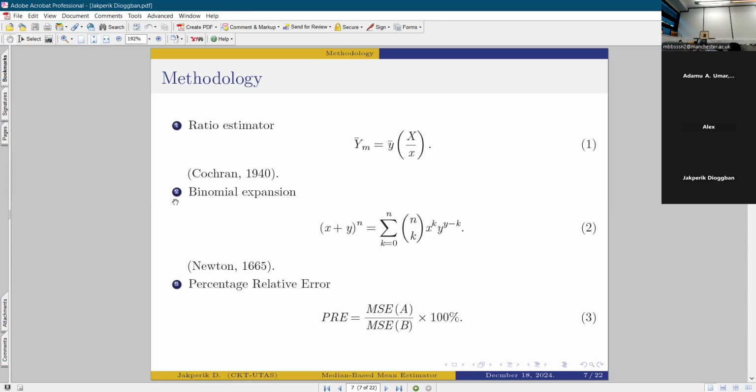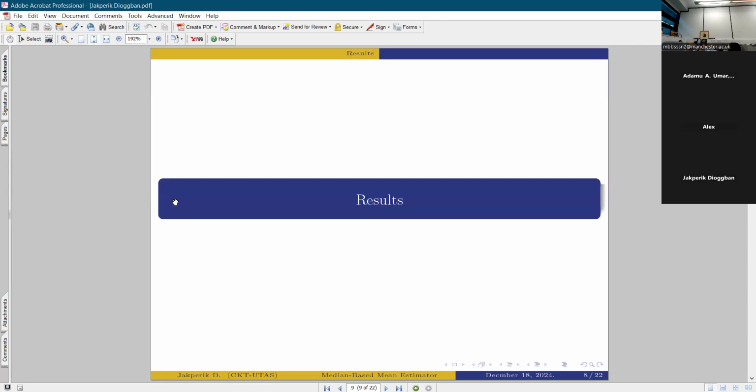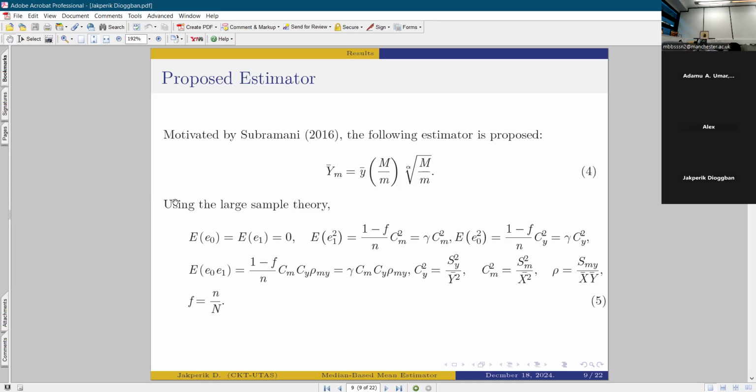And then we'll also be using the binomial expansion given in equation 2. Then we use the relative percentage error to assess the level of performance. Now, given that the capital M is the median of the population, and small m is the median of the sample,